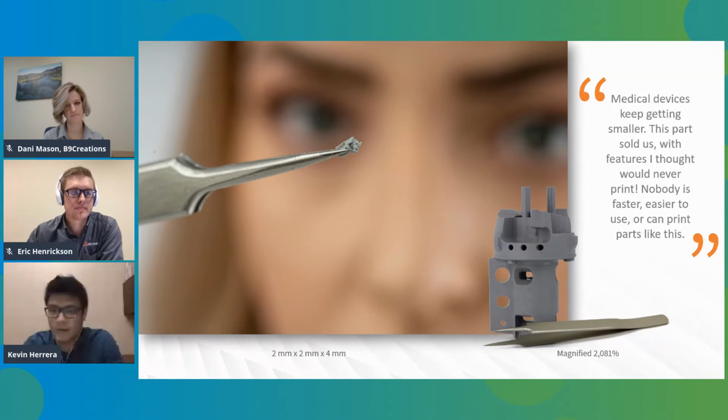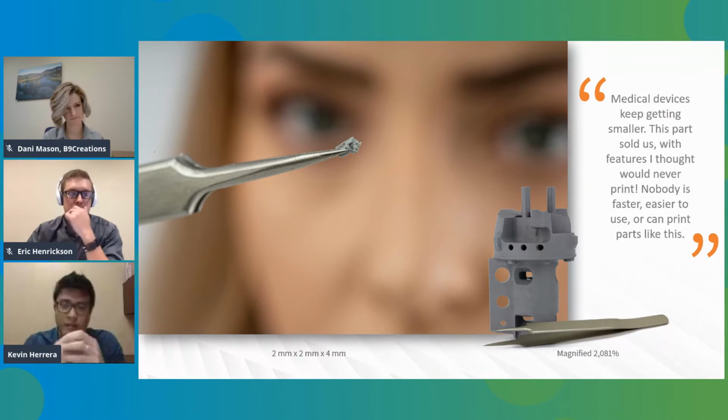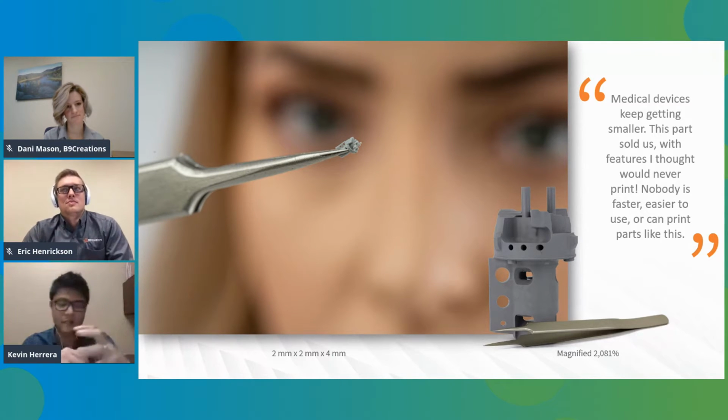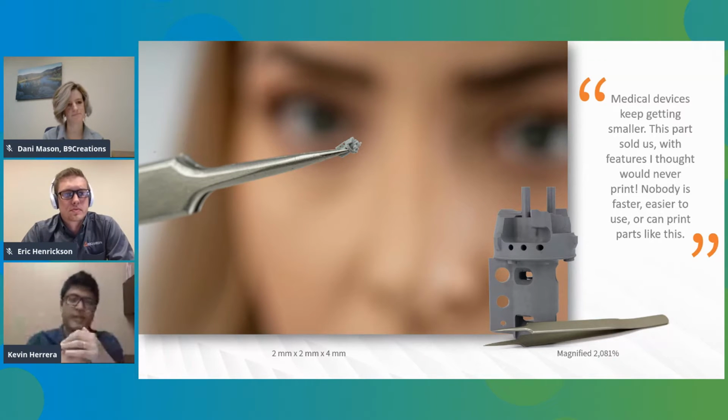And so before, we had to take into account machining capabilities and limitations. A lot of the features we have are now internal and at the micro scale, which can all be cleaned out with post-processing, and it works great for us. With fixturing, for example, we have something that slides over a component and has these micro holes that we put little pins into. There's no way we could have gotten that made with machining,